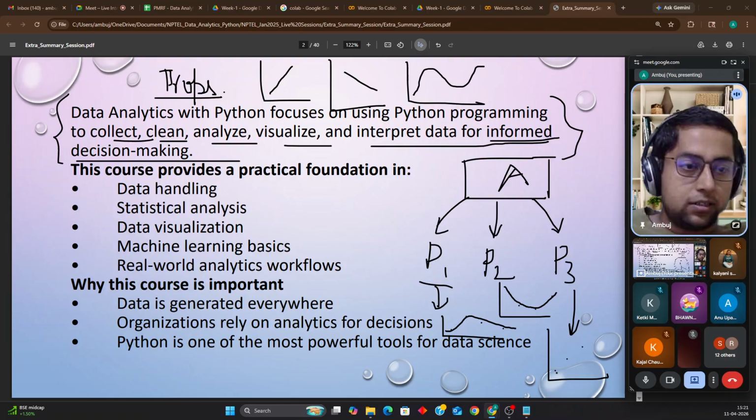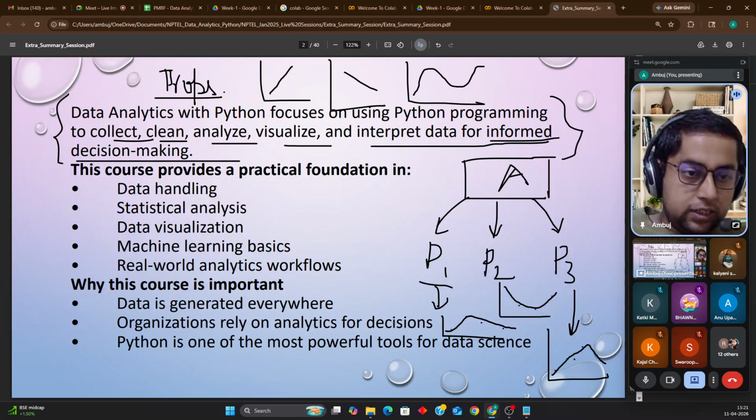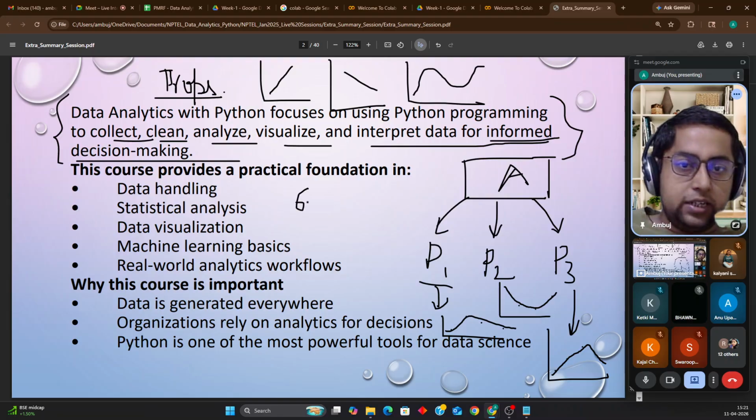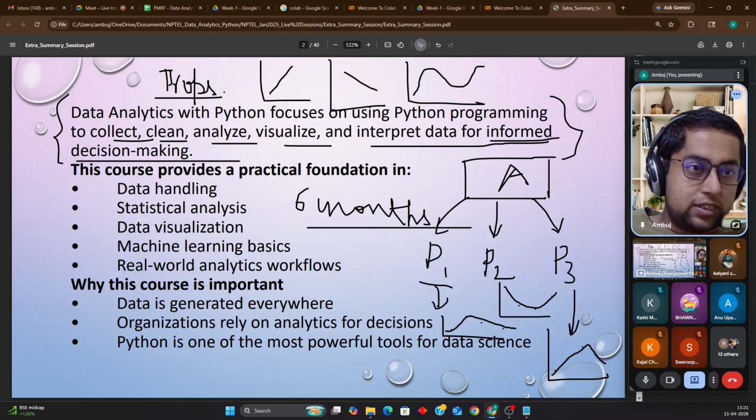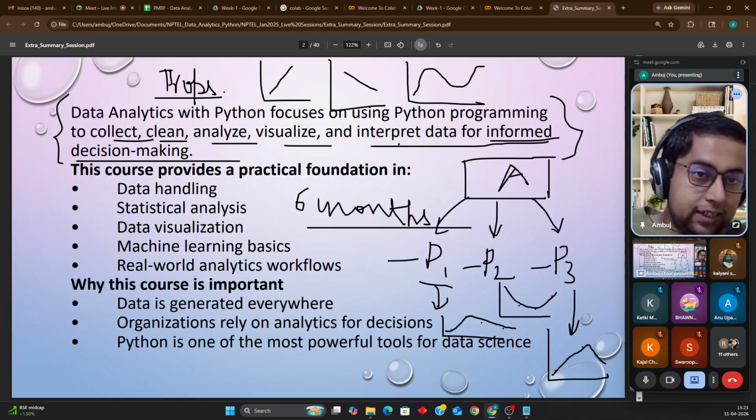The trend of the sales, that is what I am talking about. Trend of the sales is like this. Okay, it was increasing and then it decreased. Out of these three products, you have analyzed the trend for, suppose, 6 months for each and every product. For 6 months, we have analyzed the data of the sales of products P1, P2, and P3, and the